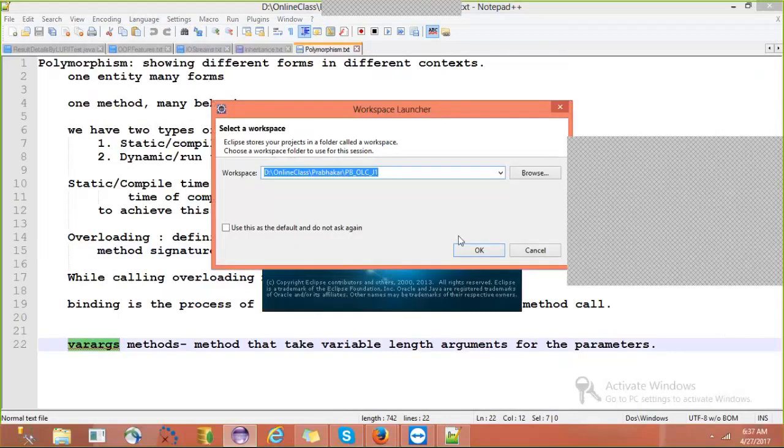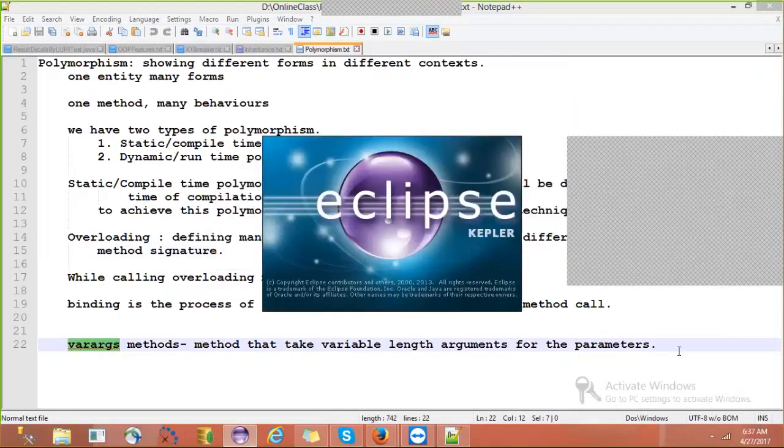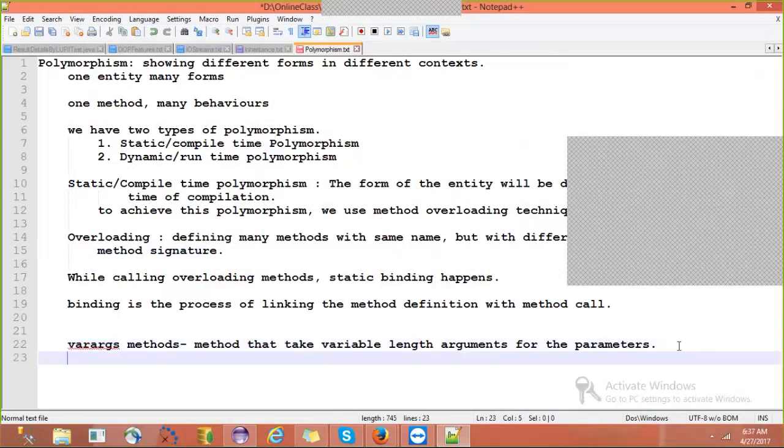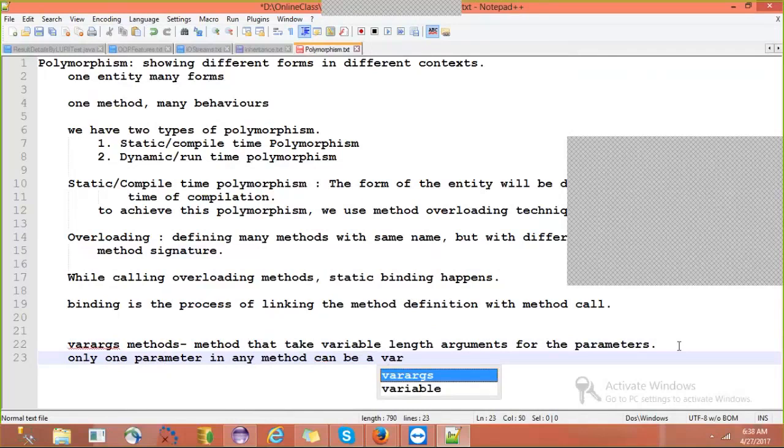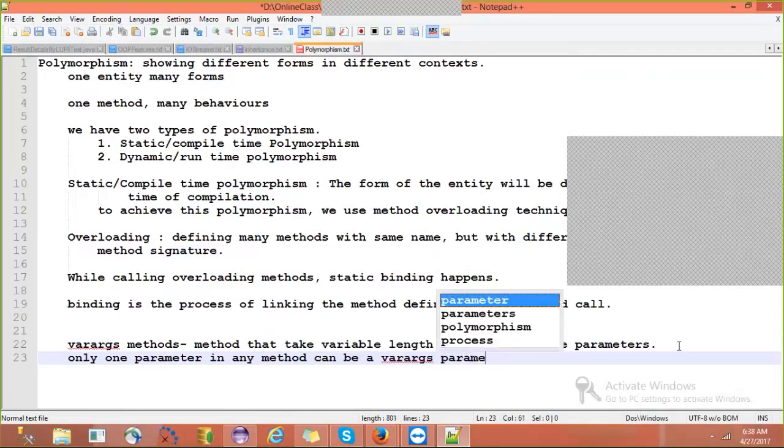The point to remember here is that only one parameter in any method can be a varargs parameter.